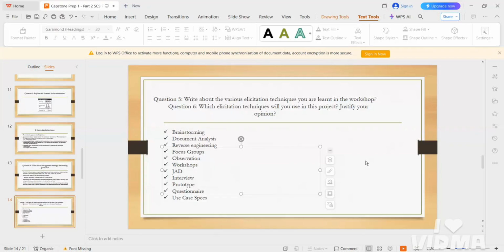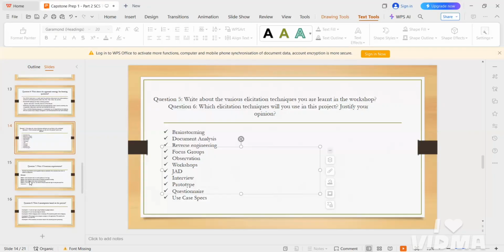If you mention those things in the documentation, it will be very good for you when you go for a viva. If they ask these questions, you can prepare beforehand, because you have created the document. The sixth question is in the same way: what are the illustration techniques you used for this project. You need to write down the illustration techniques you have used for the project. That is the sixth question.